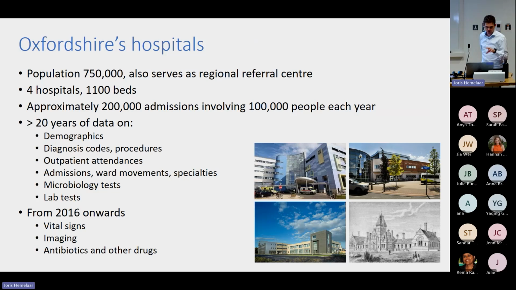4 hospitals, 3 in Oxford and 1 up 30 miles north of us in Banbury, with about 1,100 beds. And we have about 200,000 people come to the hospital to be admitted each year, or 200,000 admissions, and that involves about 100,000 people. And for more than 20 years, we've got information on their demographics, the diagnosis codes, procedures, when they come to hospital, either as an outpatient or as an inpatient, and their various laboratory tests in microbiology and elsewhere,